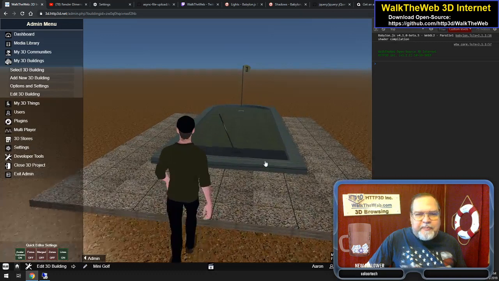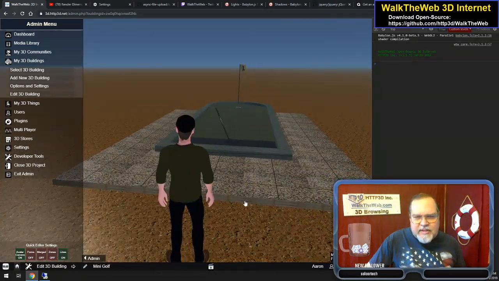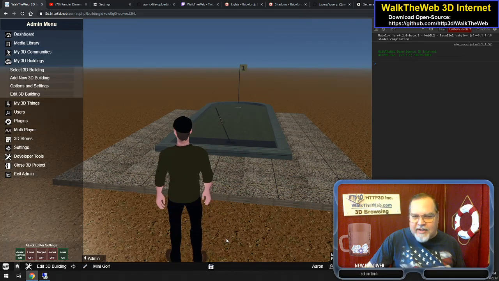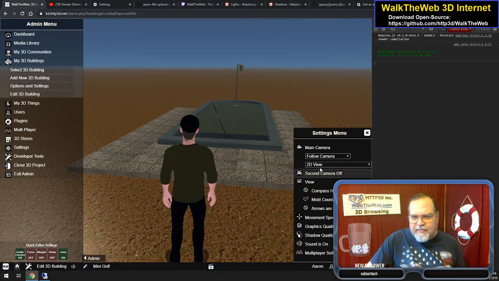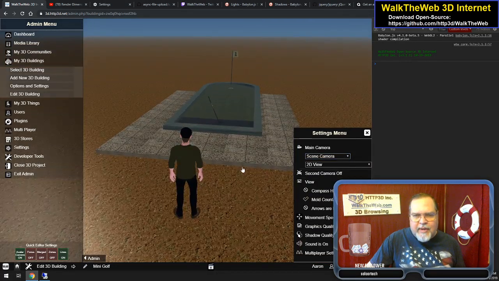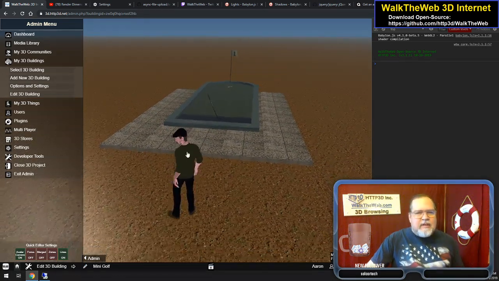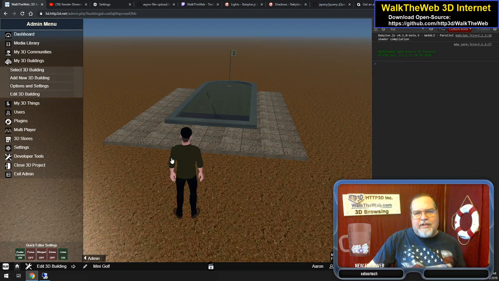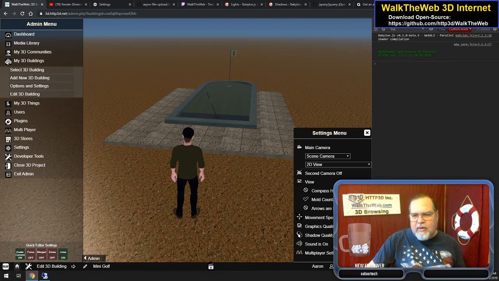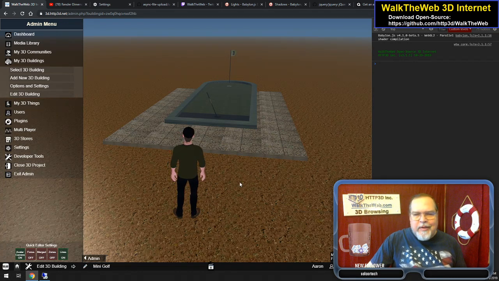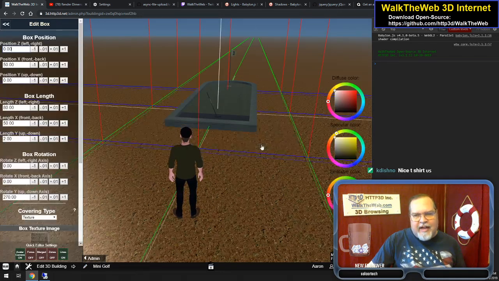Okay, so the other part though is notice that we have a box here, we have a box here, we have a flag, we have a golf club, we have an avatar. These different items are in the scene. In fact, I'm going to back him up just a touch, go back to the scene camera, so we get a good overview of what we're looking at. And none of these objects have shadows applied to them, even though our setting for shadows are cranked up all the way. We should be able to see all shadows coming from all objects on anything that,